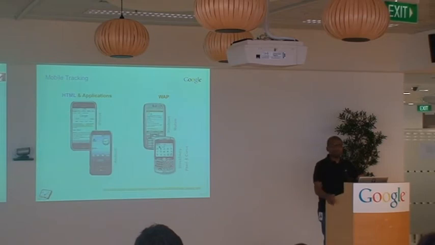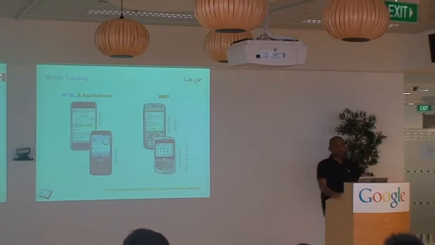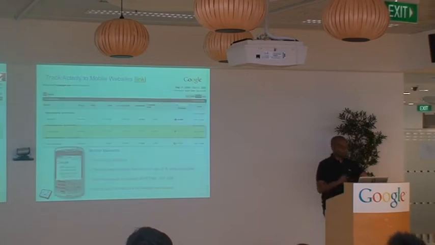And so Jean basically said before, it's a WAP world. And what it meant was if there were a lot of users using WAP devices coming to your website, you didn't know about it through Google Analytics. Thankfully this changed back in October. We released WAP tracking codes. And this actually slightly changed the model of Google Analytics, because no longer was it about browser to our server communication. It suddenly became about your server communicating back to our servers, saying these are the mobile traffic we're receiving on our servers.